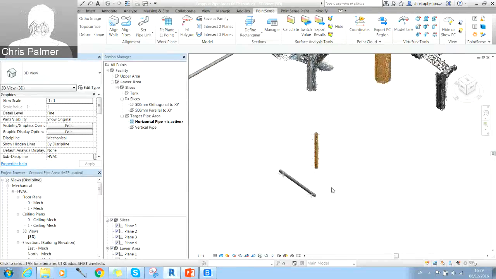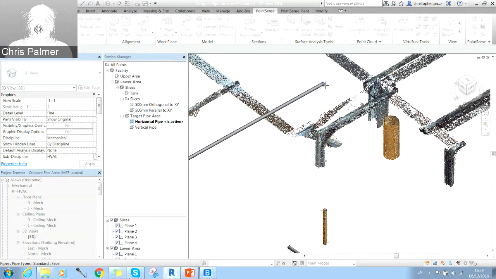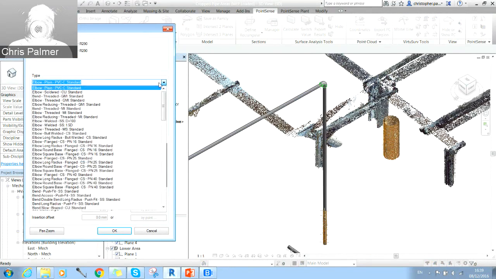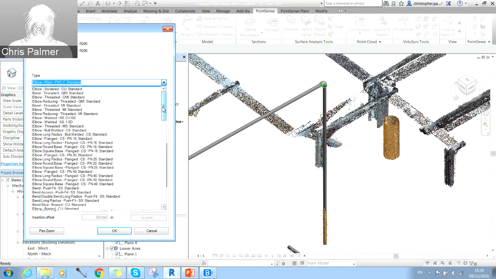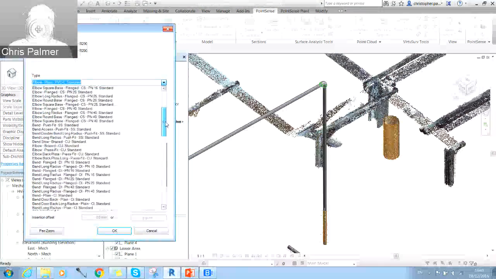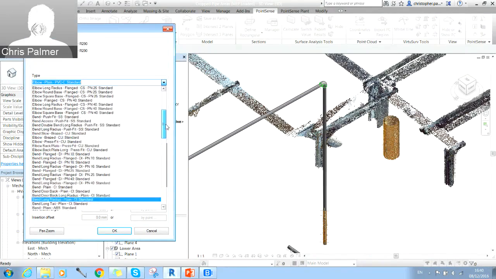So I'll just add one more elbow in here. We've got this quite long run here, so if we maybe go place pipe fitting, select the end of this pipe and the end of this pipe, press the escape key, you can see how that pipe snaps now up to that particular pipe that we created at the top of the building there. And we need to just obviously go down and look for our closest matching or correct pipe elbow, which is probably a CS standard elbow,